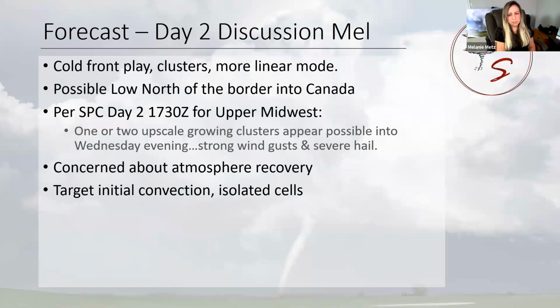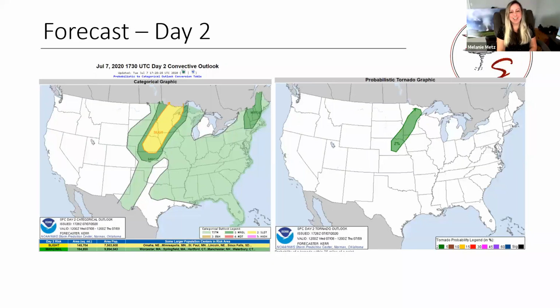And as Jessica mentioned, at the 1730 day 2 outlook, she was looking at the 06Z, the earlier outlook. Now we're looking at a little bit later. In this next outlook, the Storm Prediction Center didn't even mention tornadoes in their text. And as a chaser, when we see that, we get a little disappointed sometimes. It's like, oh, only strong wind gusts and severe hail. But I was still going to chase.